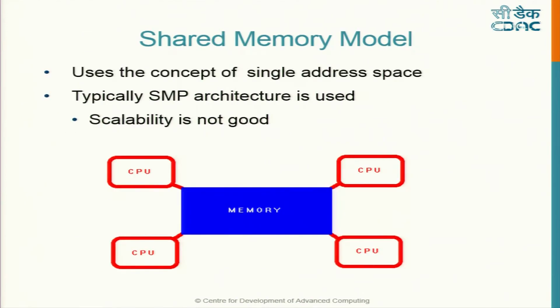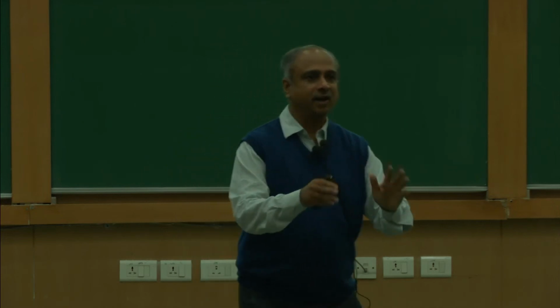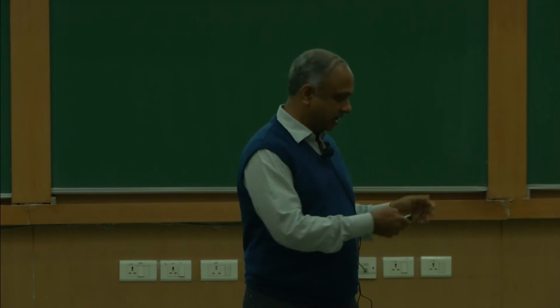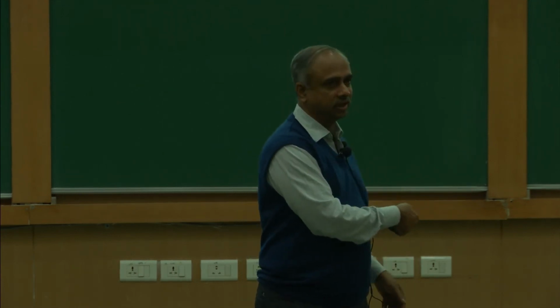So what are they? In the shared memory model, this is like one motherboard having multiple CPUs, and they are all sharing the same memory. This architecture is called symmetric multi-processing architecture. This is easy to do because one CPU writes in the memory and all other CPUs can see that. You don't have to explicitly communicate. But building such bigger systems is very costly because the hardware becomes costly. So this is one way. SMP, one node that you have as a compute node, will have this model, where all the processors share the same memory.